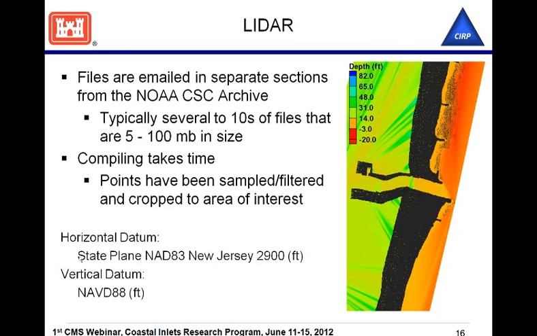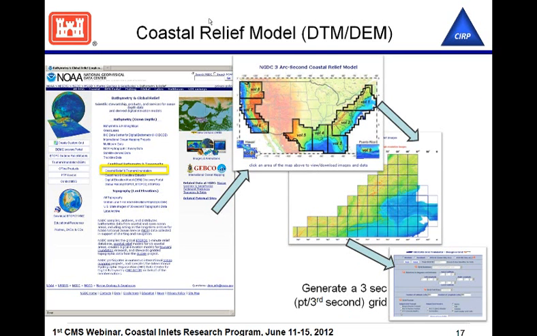The Lidar came in, state plane, New Jersey feet, NAVD 88 feet. So we had to do some operations there. Coastal relief model is one location that if you don't have any actual surveys that were done, there is a